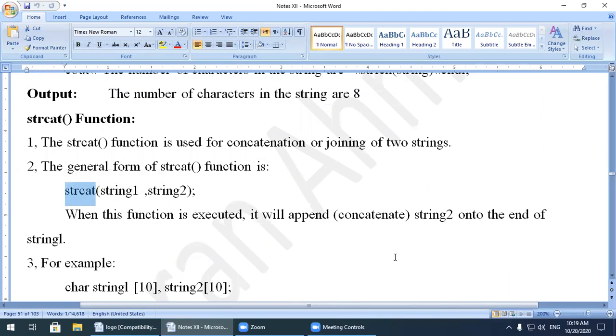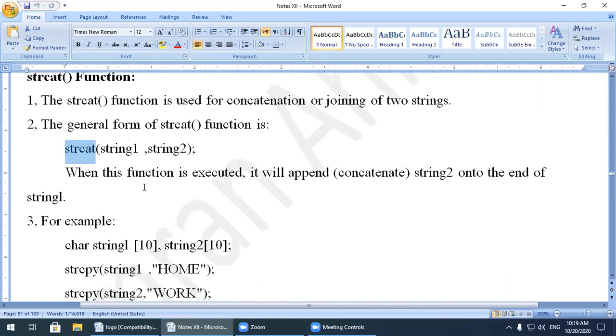It means we are combining the two strings and making a single string, string 1. When this function is executed, it will append, or concatenate, string 2 on the end of string 1. It means that when string 1 is complete, it will copy the contents of string 2 at the end of string 1.